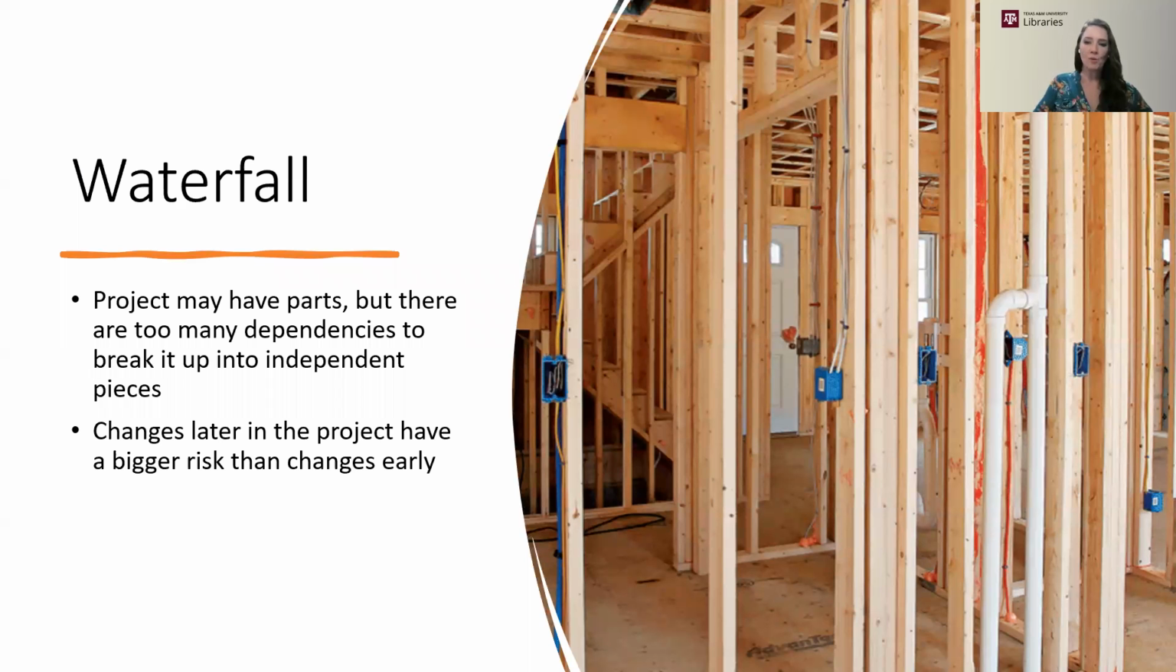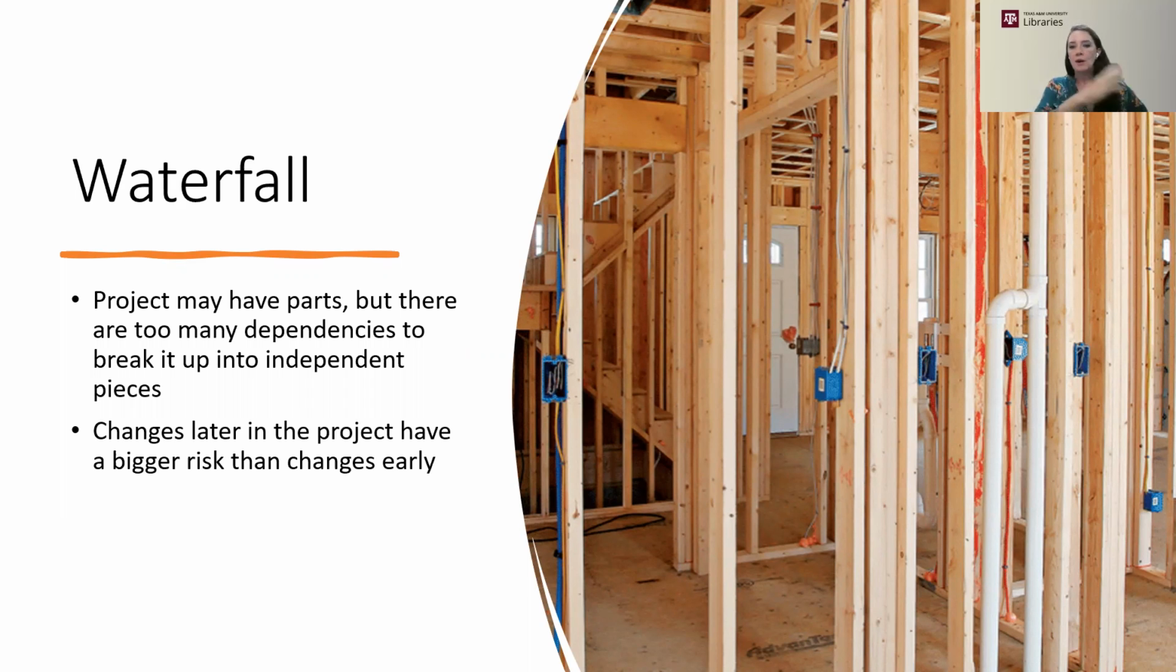Back to Waterfall. A waterfall project may have parts. For example, when you're building a house or a building, it does have separate rooms, but there are too many dependencies in the building as a whole to break it up and build the building room by room. For example, if you're installing electrical, which we can see here, these little blue boxes attached to the framing of this building,